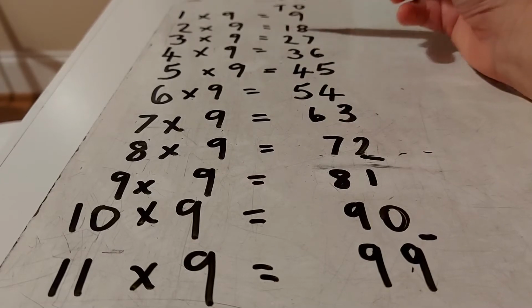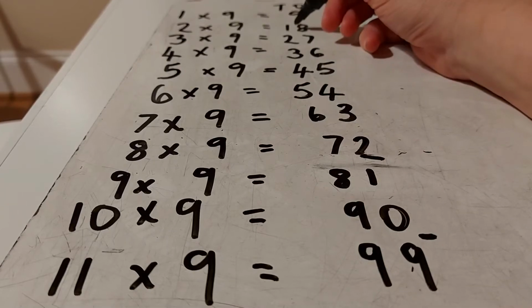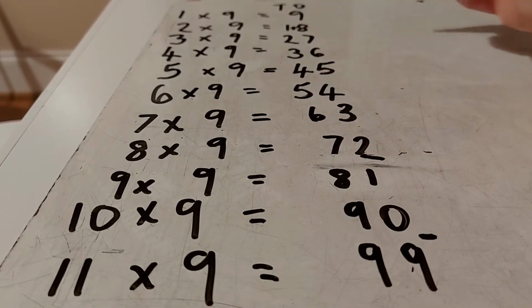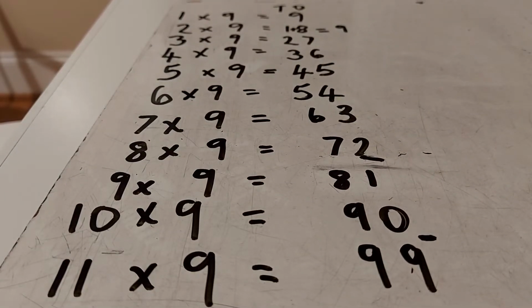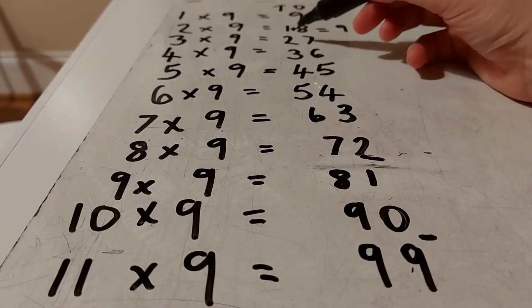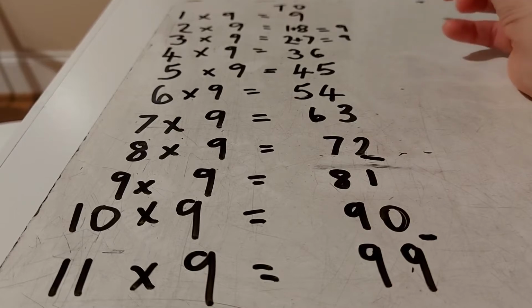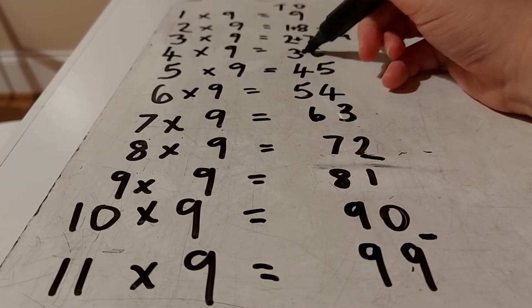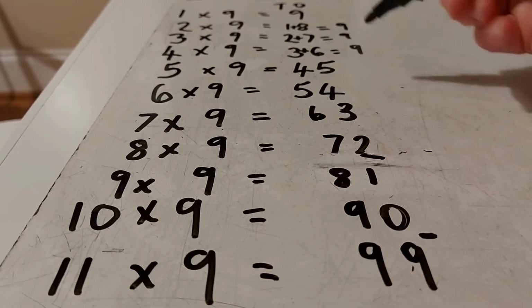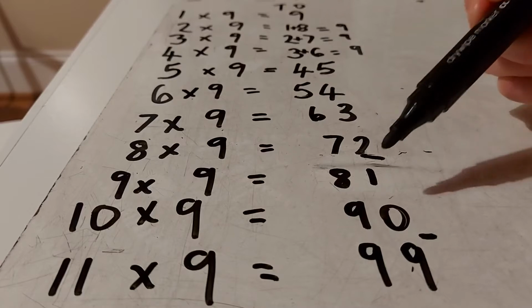When we look at 2 times 9, if we add these two digits together, okay, so if I put an add sign in there, 1 add 8, it equals 9. And then if I go to 3 times 9 and I add 2 add 7 together, it equals 9. If I go to 4 times 9 and add 3 and 6 together, of course, you've guessed it, it equals 9. And that is the same all the way down